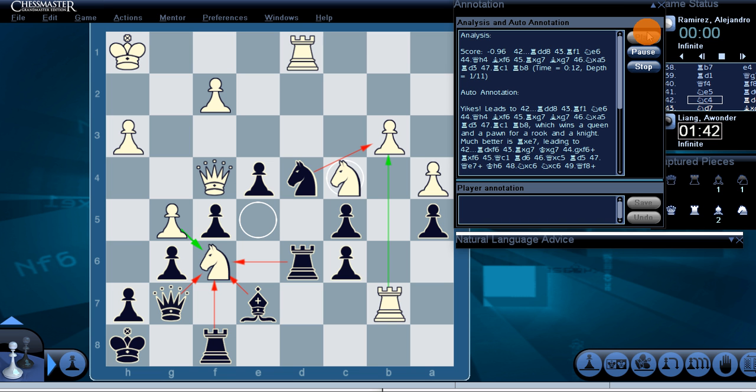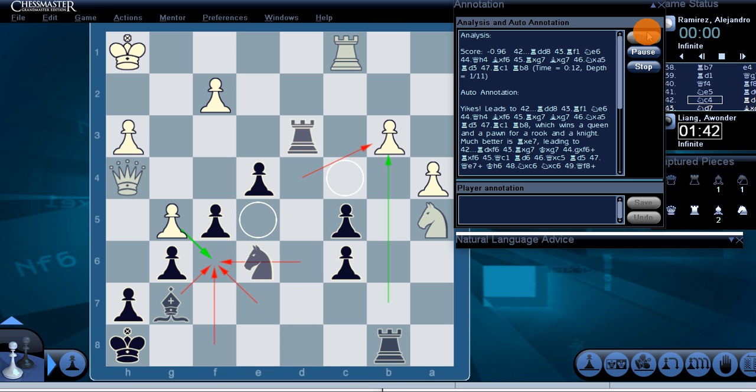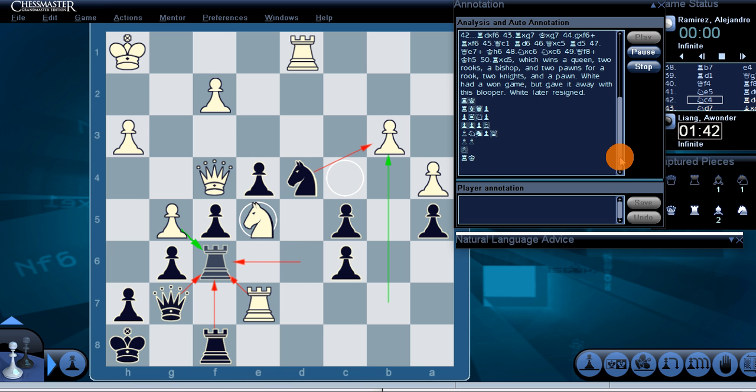Knight c4, yikes, leads to rook d8, rook f1, knight e6, queen h4, bishop takes f6, rook takes g7, bishop takes g7, knight takes a5, rook d3, rook c1, rook b8, which wins a queen and a pawn for a rook and a knight. Much better is rook takes e7, leading to rook d takes f6, rook takes g7, king